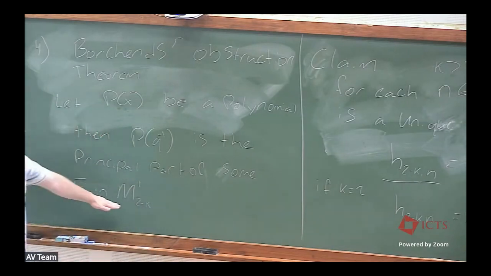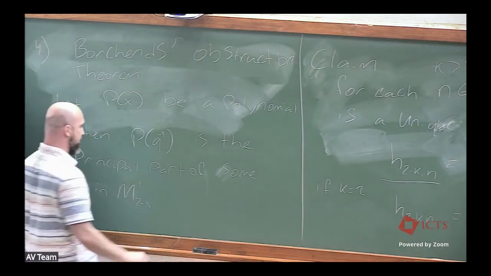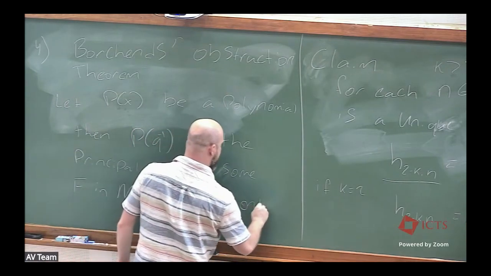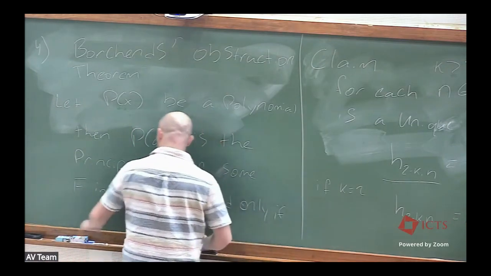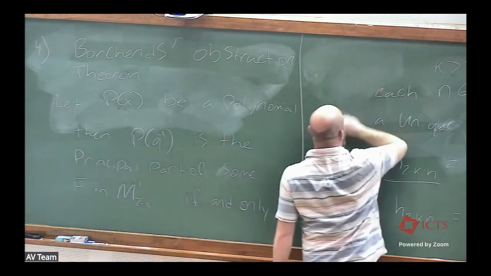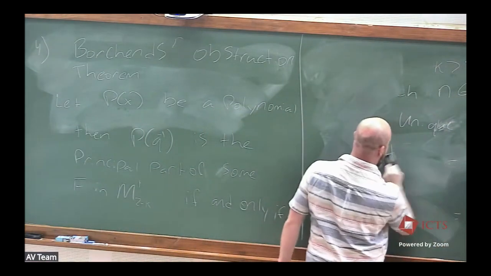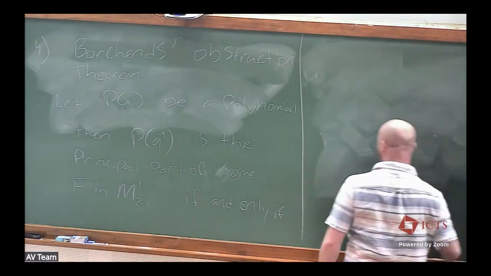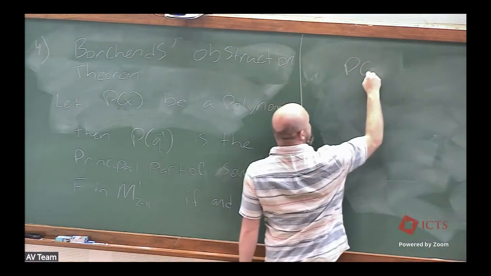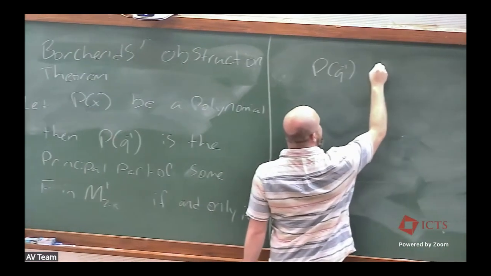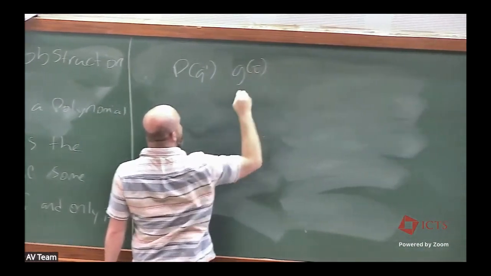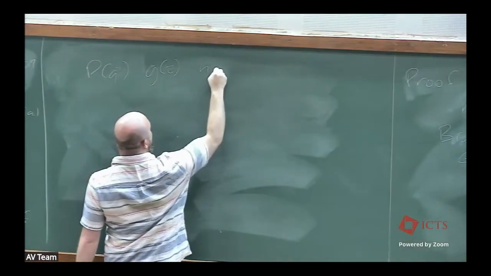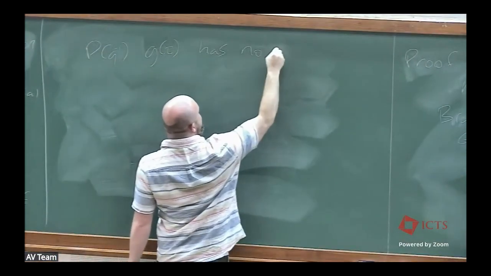Okay, so it's a principal part of something weakly holomorphic if and only if the product P of q inverse times G of tau has no constant term